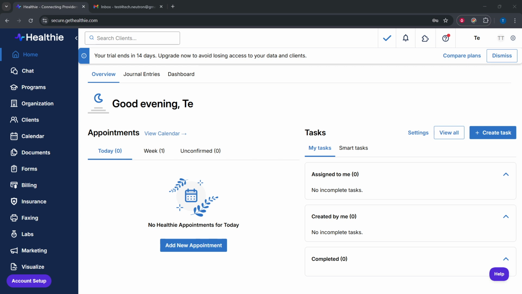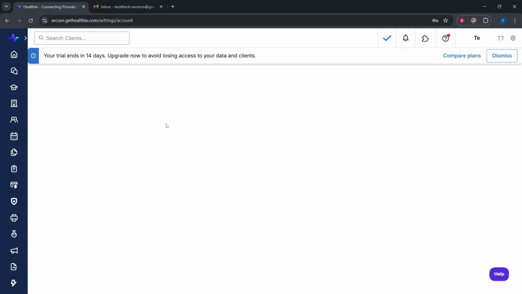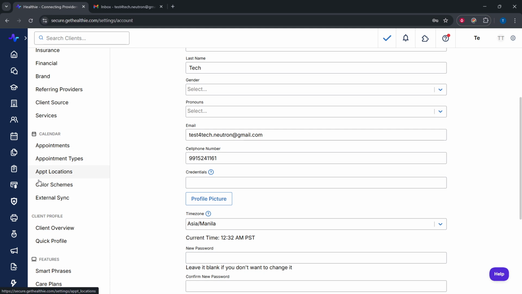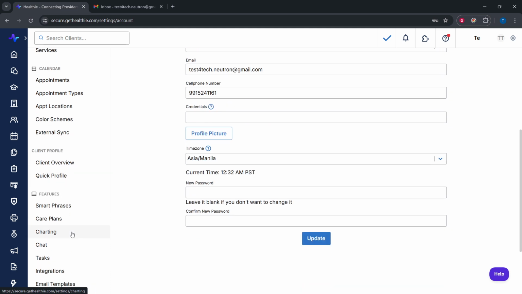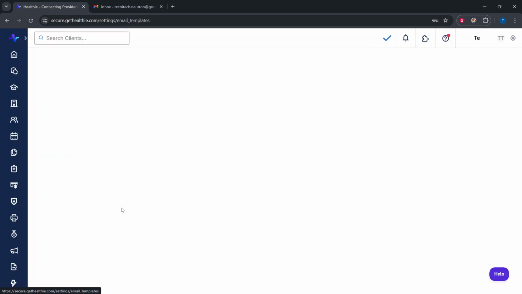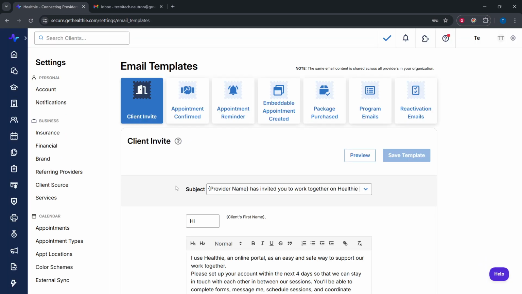For example, when you add a client to your account, Healthie immediately sends a client invite, often called the welcome email. You can edit the content of this message to make it feel personal, but you can't disable it. Scheduling is covered too. When an appointment is booked, Healthie sends a confirmation automatically. You can turn on reminders and adjust how far in advance those reminders go out, so clients have a nudge